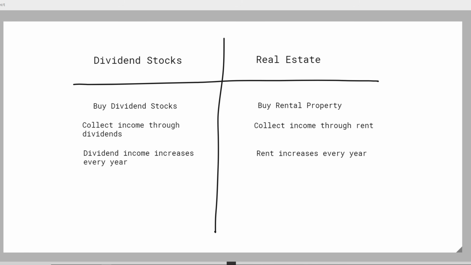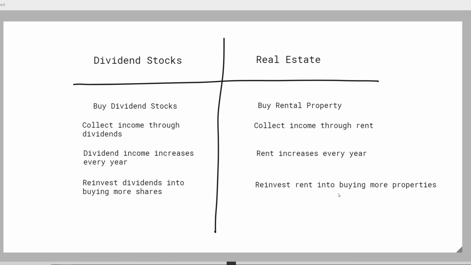Another similarity between dividend stocks and real estate, I would say, is reinvestment. With dividend stocks, you reinvest the dividends into buying more shares, and similarly, with real estate, you reinvest the rent into buying more properties. So it's the same type of thing. If you want to grow a portfolio of rentals, you need to have cash flow positive places that bring in excess cash. Not only are you paying down your mortgage and getting rid of a lot of your debt to equity ratio, but with cash flow positive, you can start building up money for another down payment, and you can use the first property to help you gain steam in purchasing the second property, and then those two properties to help you gain steam in purchasing the third one, and so on and so forth.